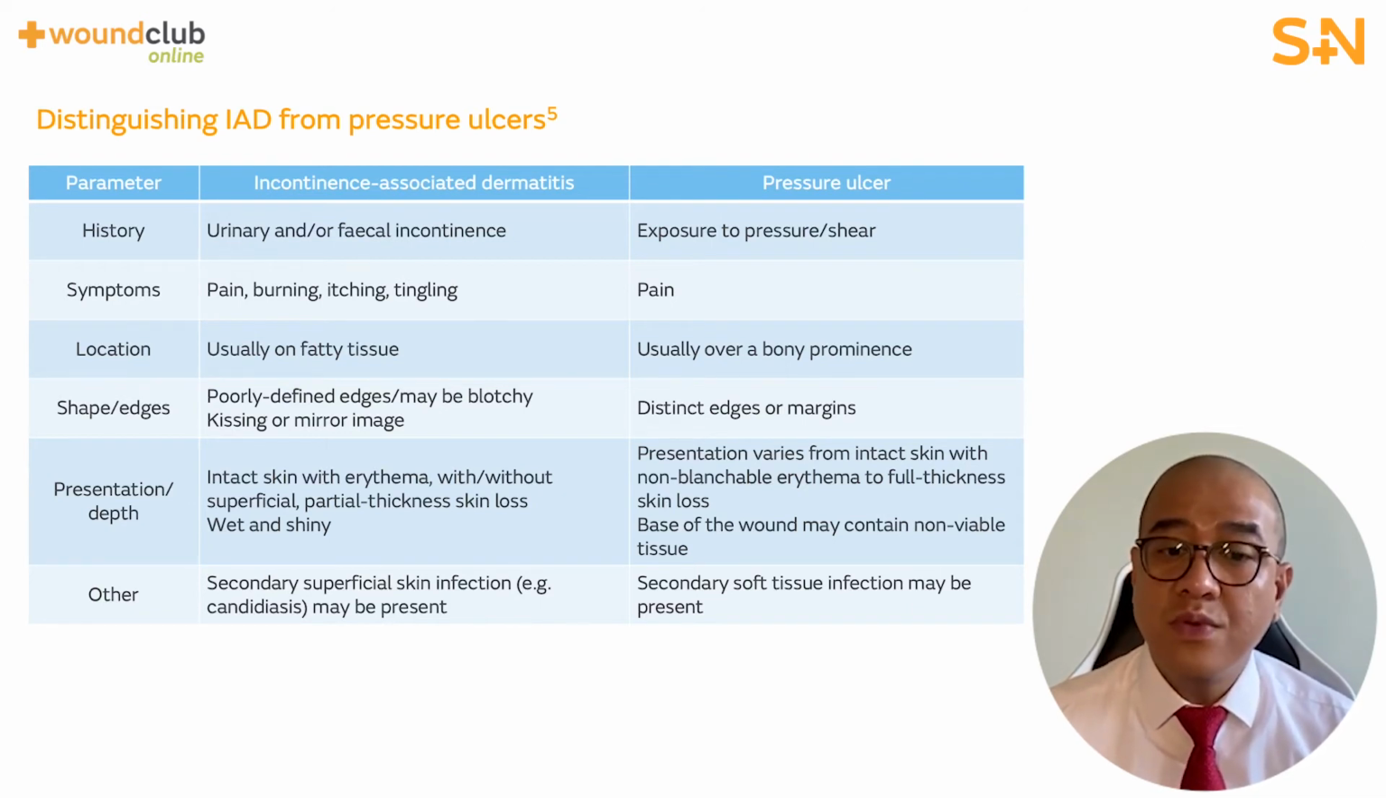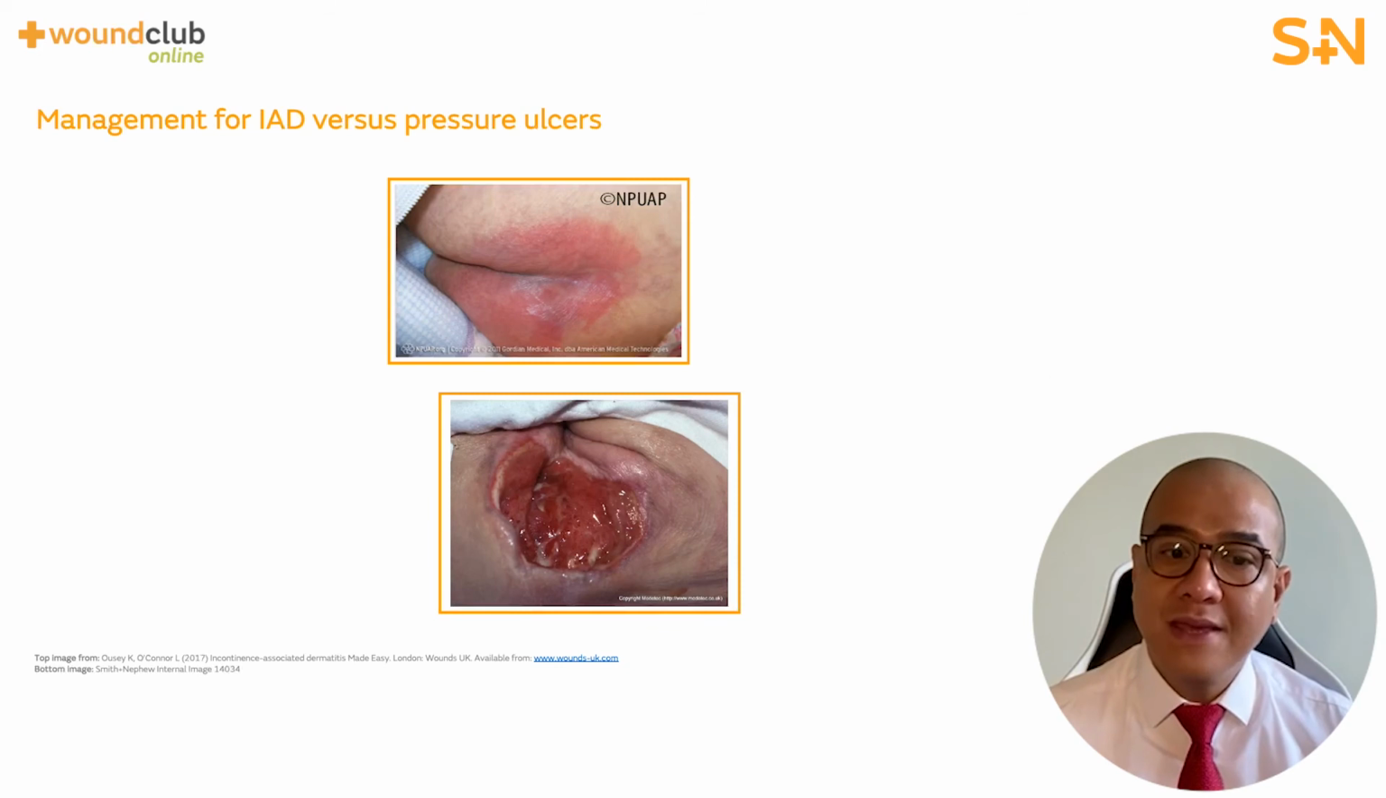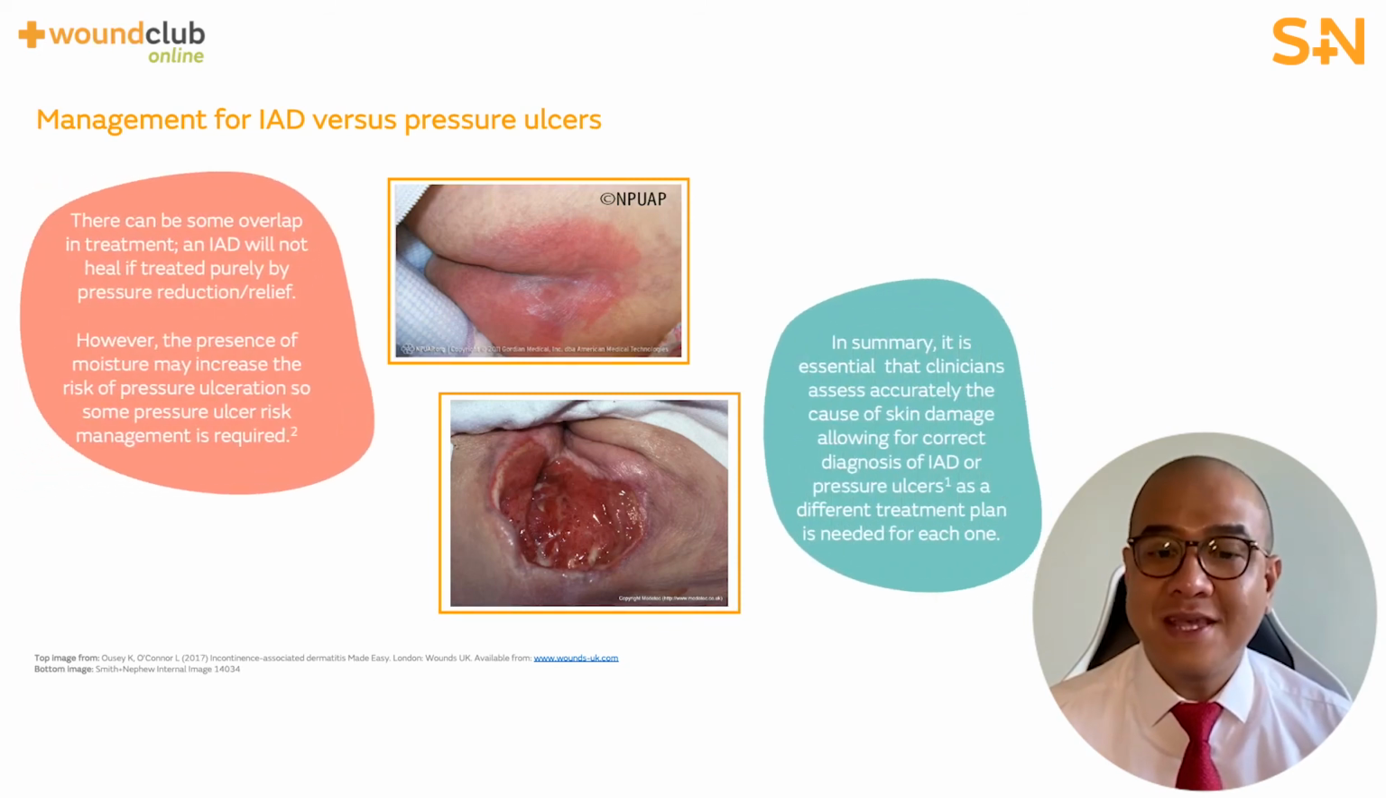The location of the wound can also provide some information around whether the wound is an IAD or a pressure ulcer, along with the shape of the wound. Pressure ulcers tend to have distinct edges or margins, whereas IAD tends to have poorly defined edges and may be blotchy. In summary, it is essential that you assess accurately the cause of skin damage to allow correct